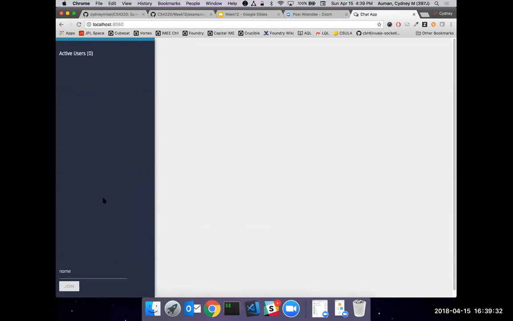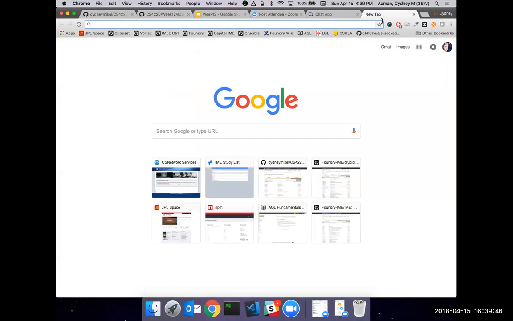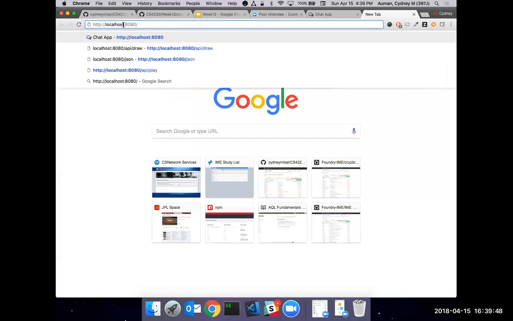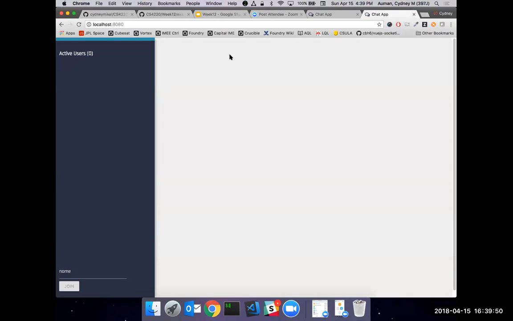So we've refreshed. Now we can see it works, right? We've told the server that there's that. To sort of prove that this works, you can just paste this in another tab here, and something's not working yet because it should say active users and list.